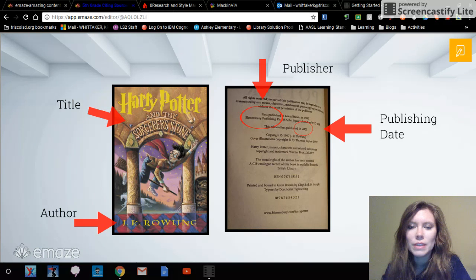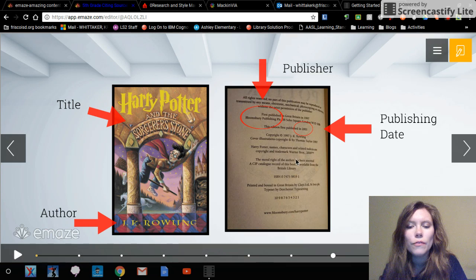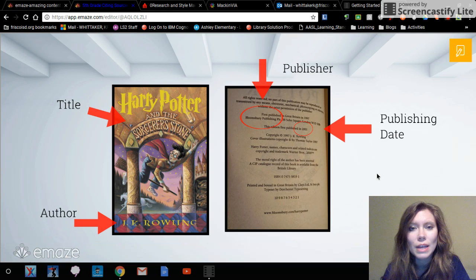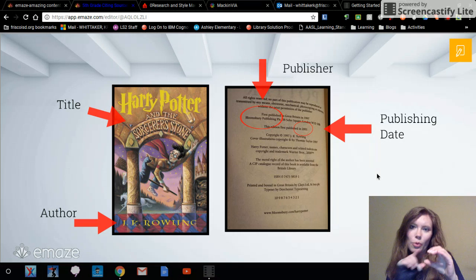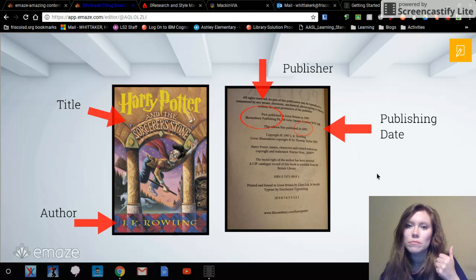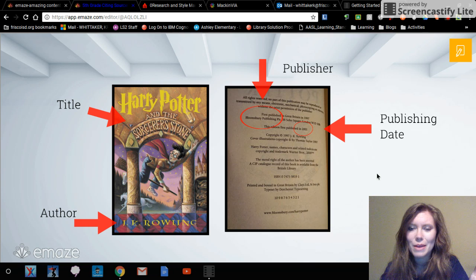And here are a few tips to find these things. Okay, if you look for little things like the copyright C, that will give you a great tip to find the publishing date. It's a tiny little C with a circle around it. That's our copyright C, and that can help you find the publishing date. The other thing to find publisher are keywords like publisher, house, books. Any of these keywords can clue you into where the publisher is. All right? So those are 2 tips to find publisher and publishing date. Look for the copyright C, and then look for keywords like house, books, publisher, things like that.